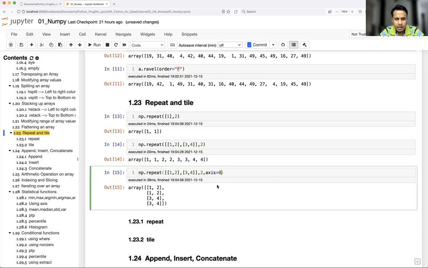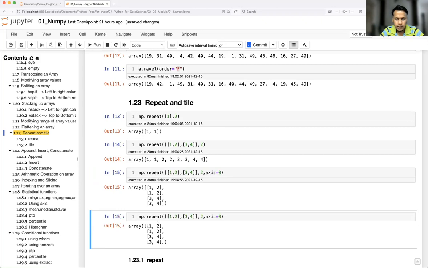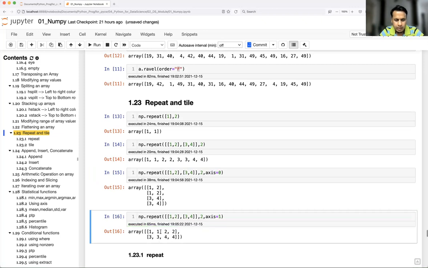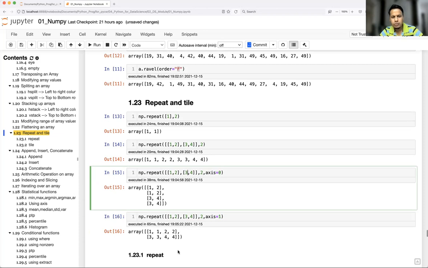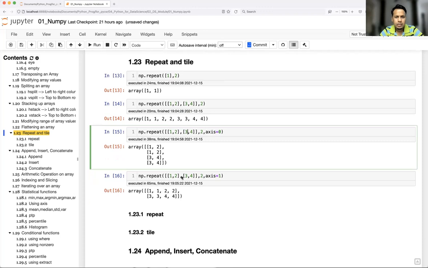And if I give axis is equal to 1, then it will be left to right, that is row wise. First it will take 1, then from the second row, the first element is 3, right? That's why you see 1, 3, another 1, 3, then 2, 4, and 2, 4. Two times it is going to repeat. Okay, so that's how repeat works.